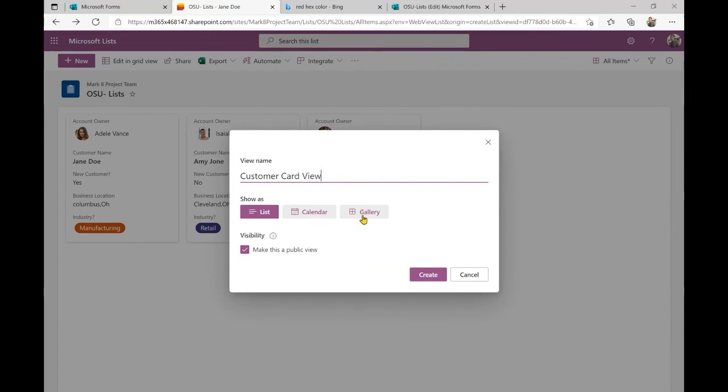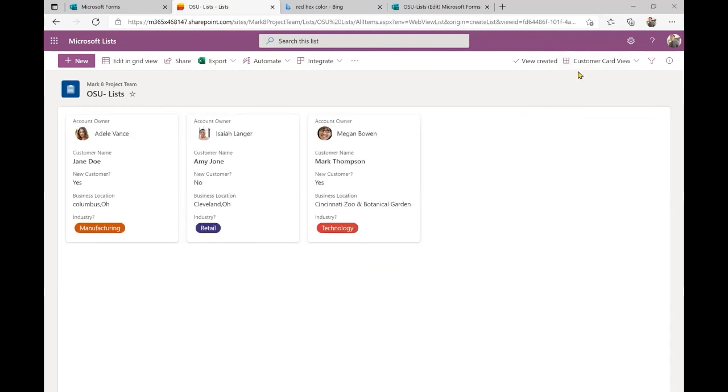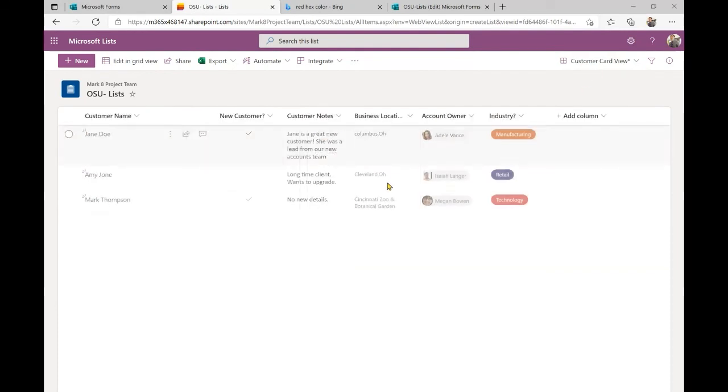And I want this to be a gallery instead of a list. So now I've created a new view, and then I can set this current view as default. So every time I come to this list, it will look like this instead of like this, if that's the way that you prefer it.